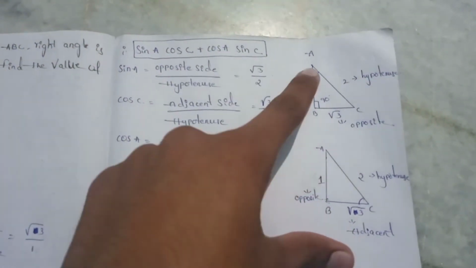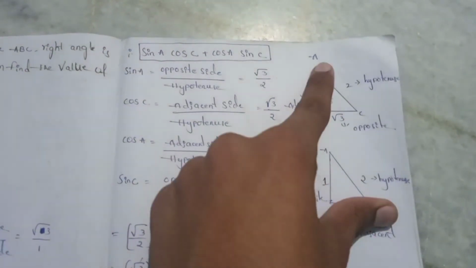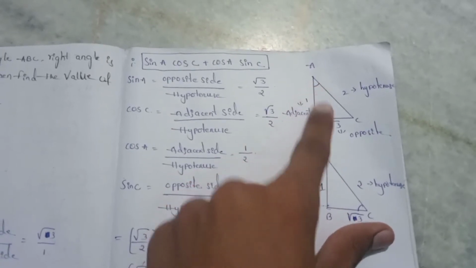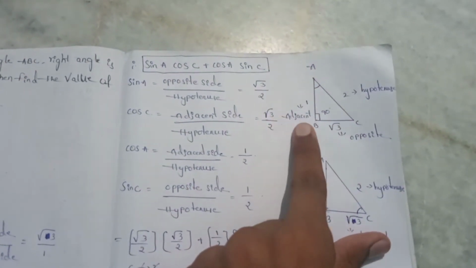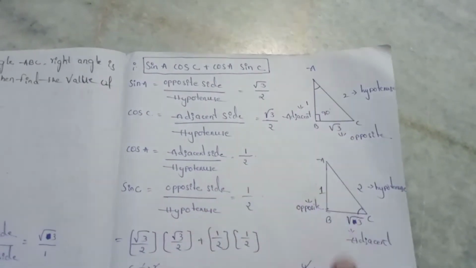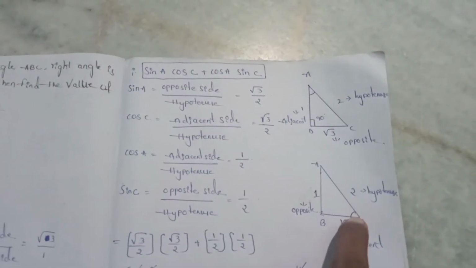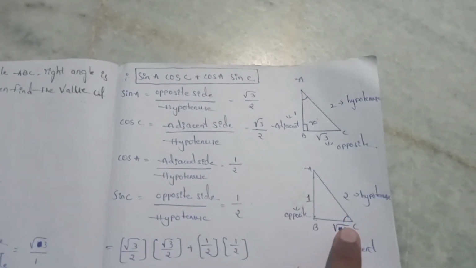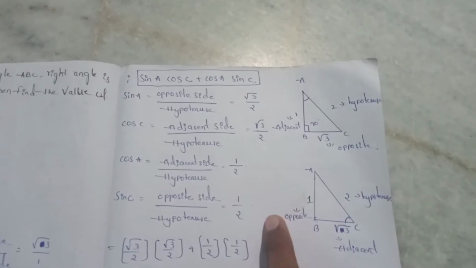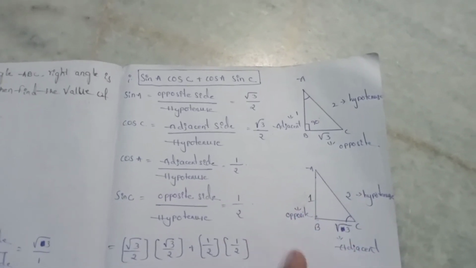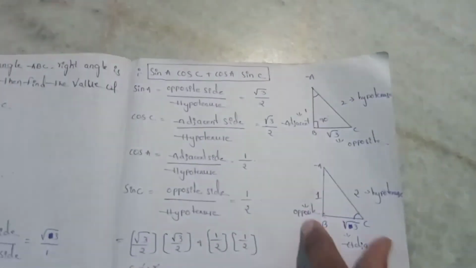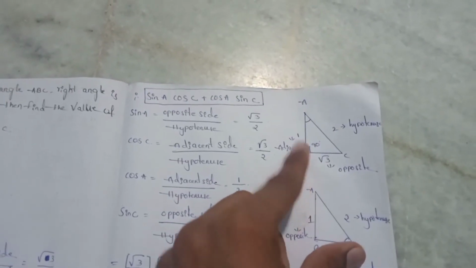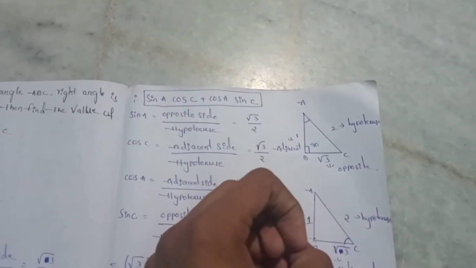Same. Two angles are given now, angle A and angle C. When we point out angle A, this is the opposite side, this is the adjacent side, and this is the hypotenuse. When we point out angle C, opposite to C is AB, and adjacent is BC. Adjacent means side by side. For C, this is the opposite, this is the adjacent, and this is the hypotenuse. In these two triangles, the hypotenuse is common because it is the largest side in both triangles.